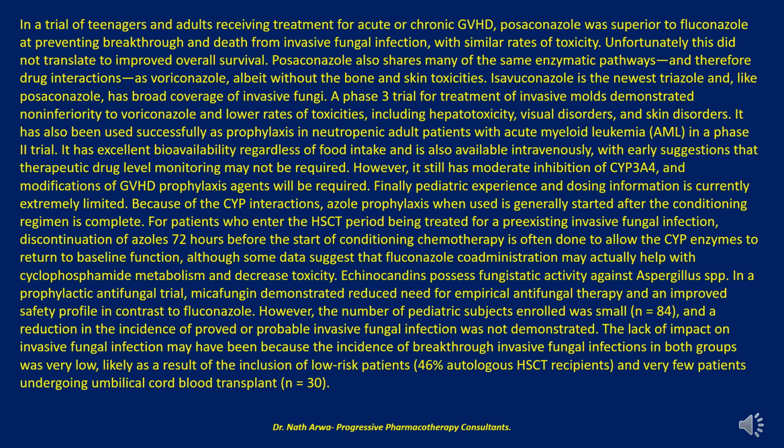In a trial of teenagers and adults receiving treatment for acute or chronic graft versus host disease, posaconazole was superior to fluconazole at preventing breakthrough and death from invasive fungal infection, with similar rates of toxicity. Unfortunately, this did not translate to improved overall survival. Posaconazole also shares many of the same enzymatic pathways, and therefore drug interactions, as voriconazole, albeit without the bone and